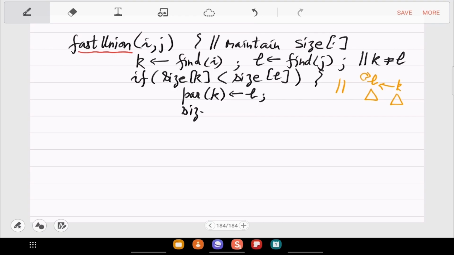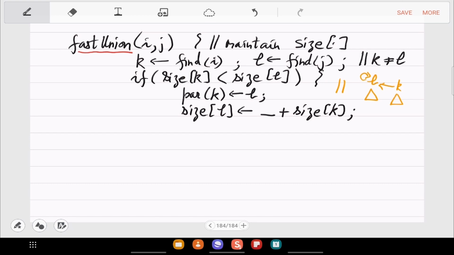And how will the size change? Actually let me not do that first, that will be erroneous pseudocode. Let's first update the size of L, because that grows by the size of K. So size of L plus size of K. Okay, so size of L is incremented.